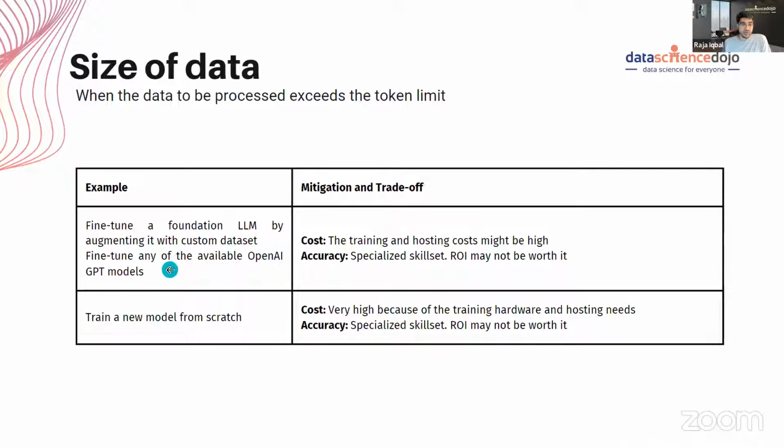When you fine-tune a model by augmenting it with a custom data set, the challenge, once again, is that it is a specialized skill set, and, as mentioned earlier in the presentation, the ROI may not be worth it. The training cost and the hosting costs may actually be quite high. Training a new model from scratch, absolutely, I would say not recommended unless